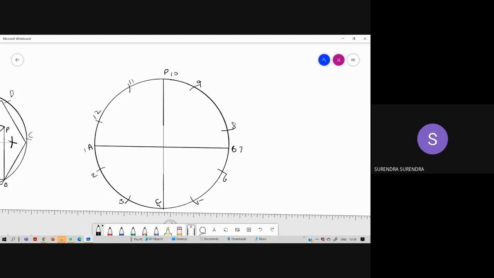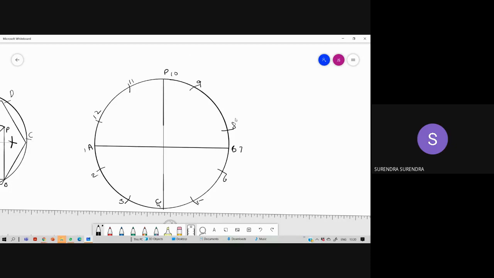So you'll get a more accurate number of divisions rather than doing it with the protractor. So it is the most accurate method. In most cases, the simple one will follow this method, whenever you want to cut or divide a circle into 12 equal divisions. Now, coming to dividing a circle into 12 divisions, are there any doubts till now?